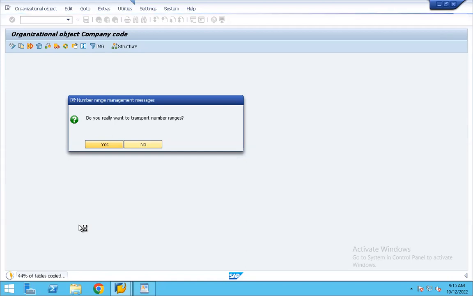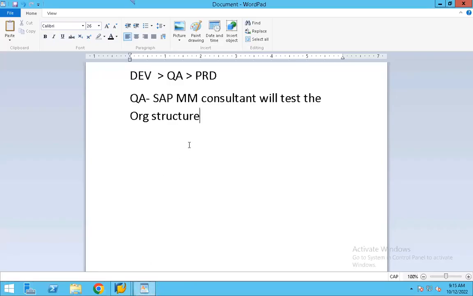One more thing, guys, I would like to share with you all: whatever we do in SAP, whether it is the configuration part, whether we are creating some master data, or whether we are creating some transactional data. What do you mean by configuration part? Configuration means what we are doing in IMG. This is IMG, SPRO.